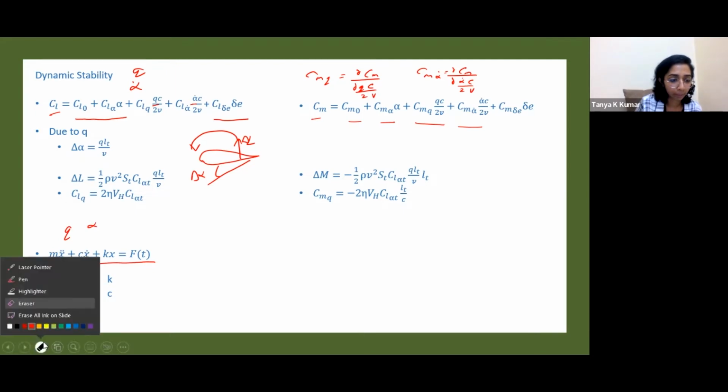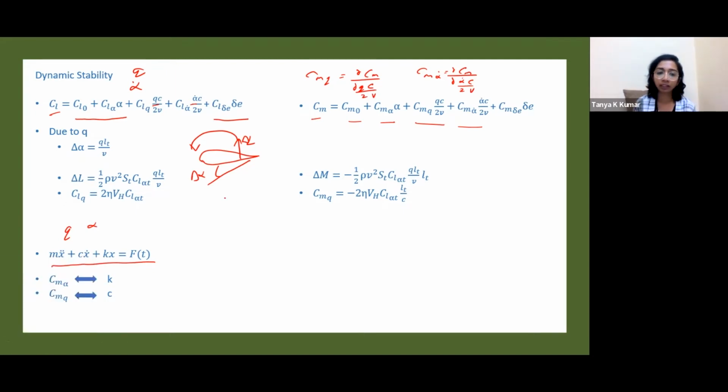So the states are alpha and q, and the analogous terms to C and K. The analogous term to K would be Cm alpha. Cm alpha is like the stiffness of the aircraft, how much it withstands a perturbation. And Cmq is analogous to damping. Cmq tells you whether or not it comes to equilibrium, how much time it takes, and how